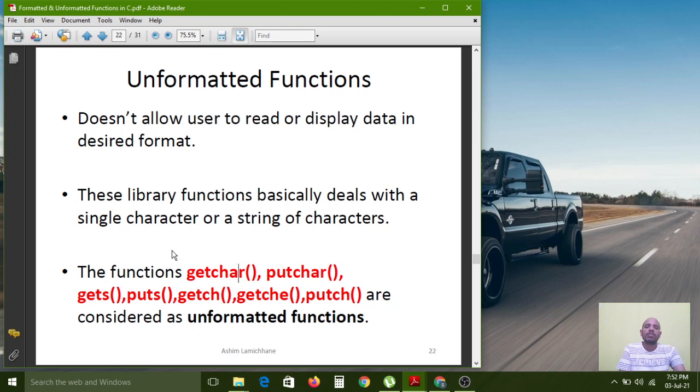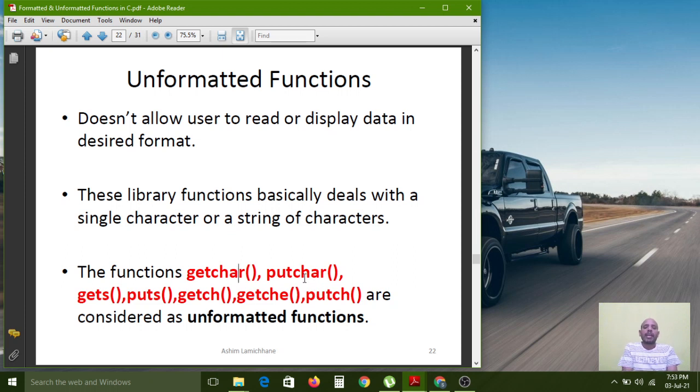So the unformatted functions are single character functions or string of character functions: getchar, putchar, gets, puts, nothing but get string, put string. Here getchar and putchar are used only for single characters. getchar is used to take input from the user as a character, and putchar is used to print the taken character, which was collected from the input.